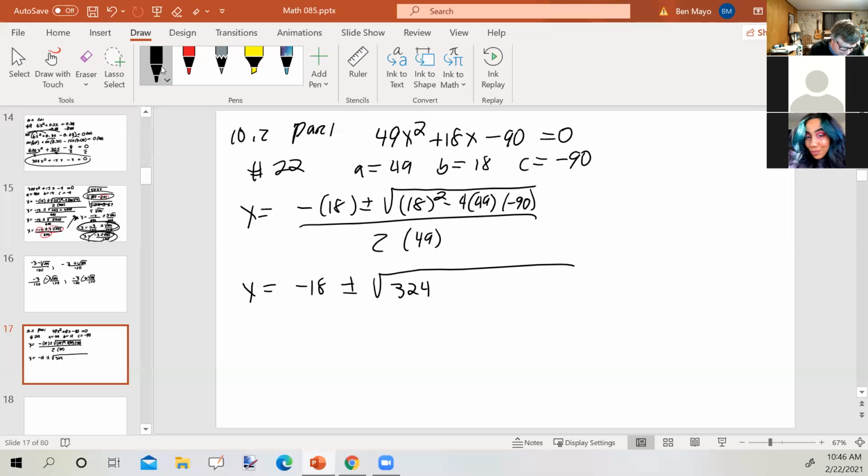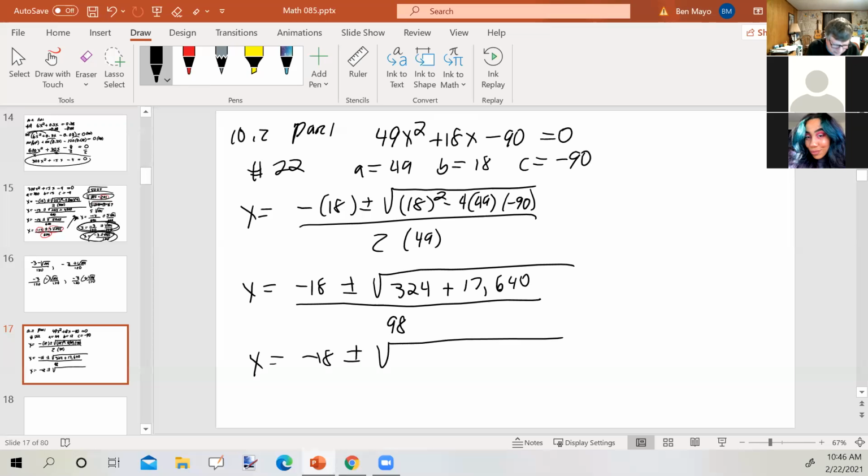Then we've got negative 4 times 49, which is negative 196, times negative 90, which is plus 17,640, all over 98. Okay, so x equals negative 18 plus or minus the square root of, let's see, 17,640